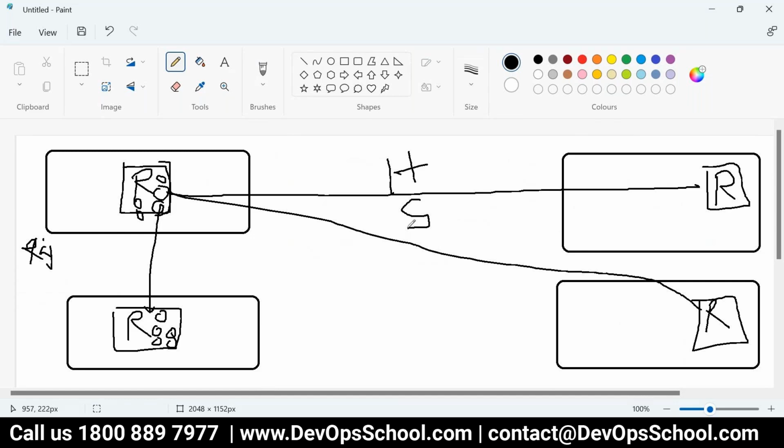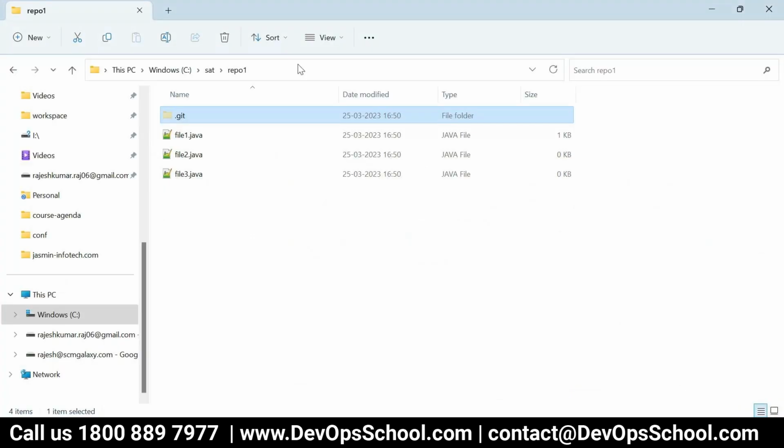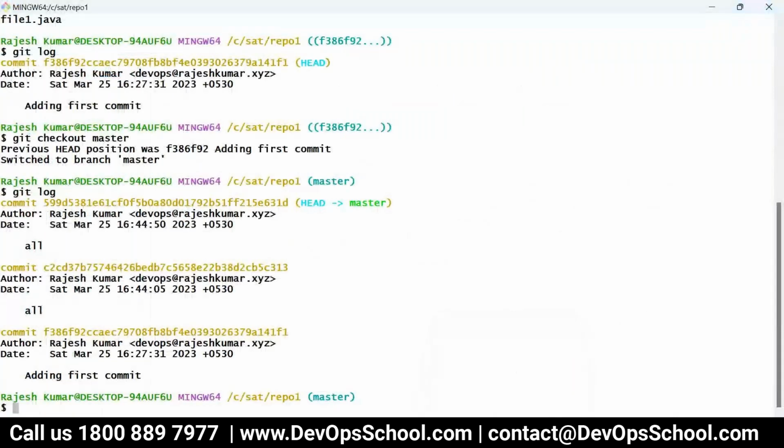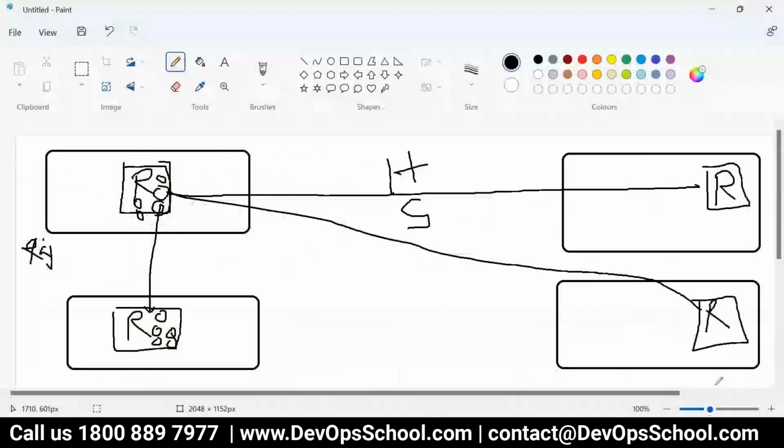Are you understanding, all of you? Two protocols, HTTPS and SSH. Using them, any repo can sync to another Git repo. That means you have your one repo, I have mine in this location, and you must have yours in some location. I can sync my repo to your repo, and your repo to mine. Anyone can do that. That's not a problem over the network.